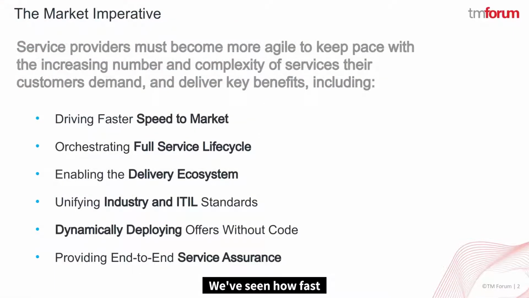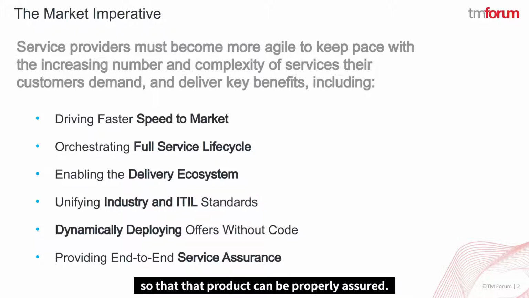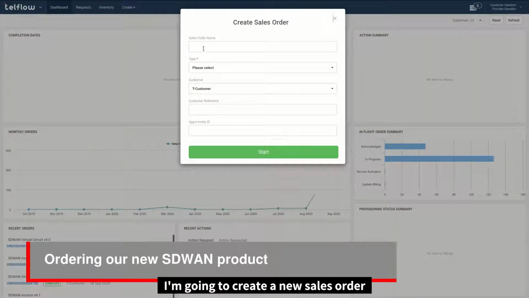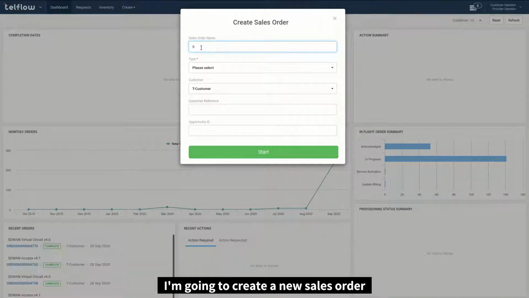We've seen how fast a telco can introduce new services and products into market. Now let's look at the customer experience for ordering a product and how that product is now dynamically fulfilled and populated within the CMDB, the service and product records, so that that product can be properly assured. From the Telflow portal, I'm going to create a new sales order. We'll give it a reference, an ID,